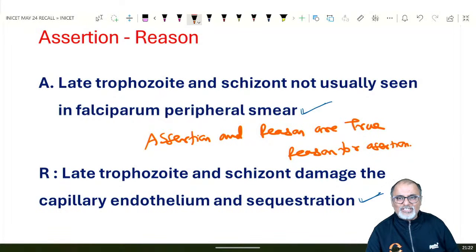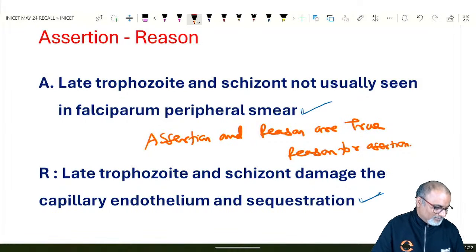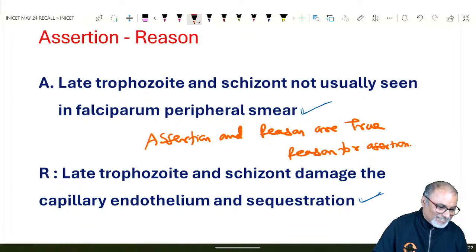So assertion and reason are both correct, and both are matching. Both are correct statements, and that is the reason for the assertion. Okay, right. Next is